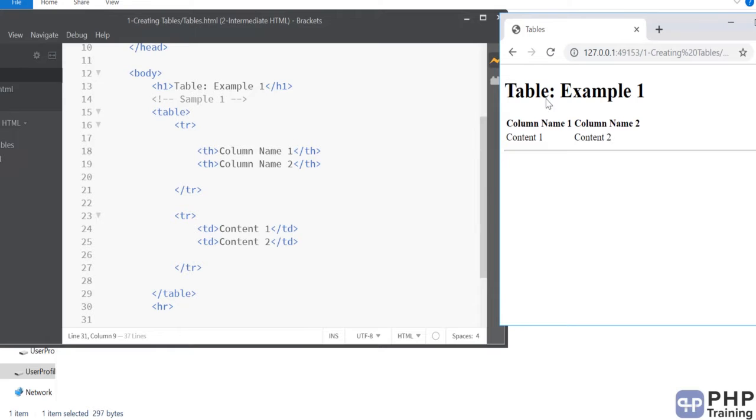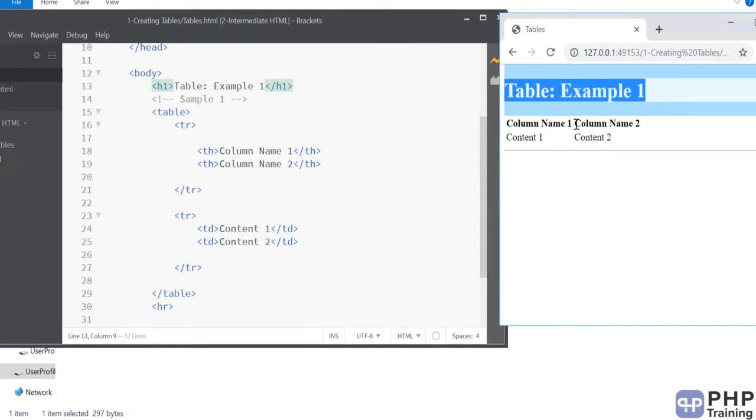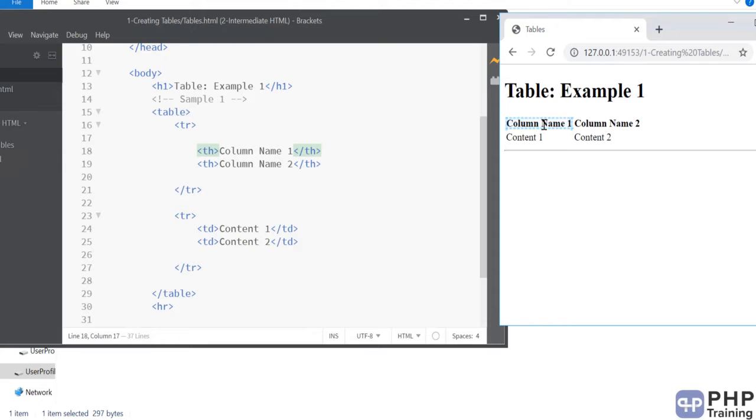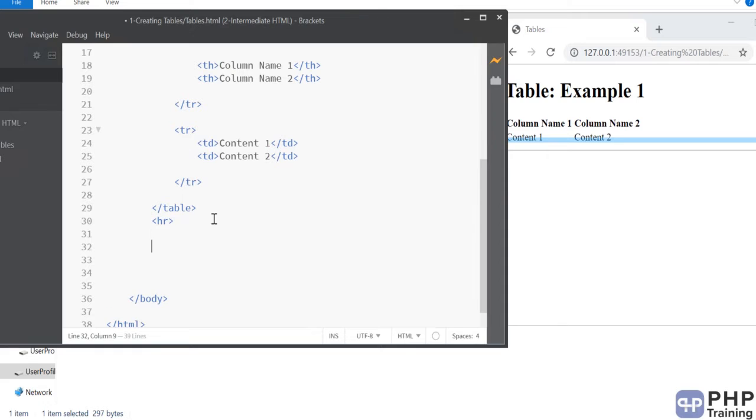Okay, so here you can see you have a table, that's the H1, then you have column name 1, that is TH, this again the TH, then you have TD, and then you have the TD. So you see the new lines here, the table has a new row, that row is coming up from this TR. Okay, and then TD are nothing but your columns. Okay, the columns are column name 1 and column name 2, content 1 and content 2. The row is basically the new line, that is a new entry inside the table. Okay, so let's create one more sample of how to create the same table.